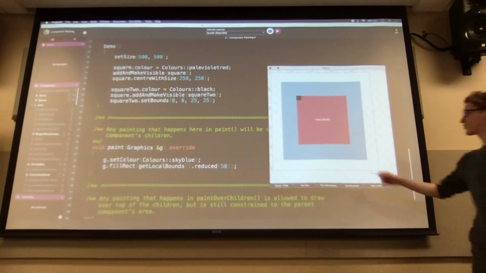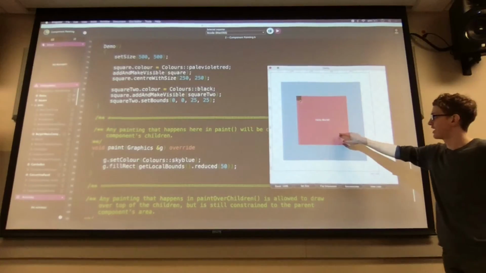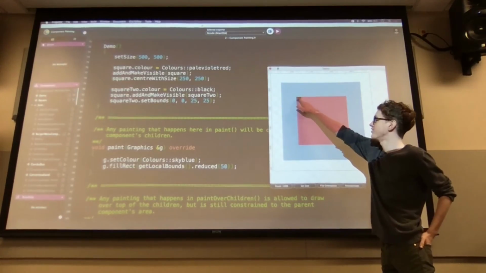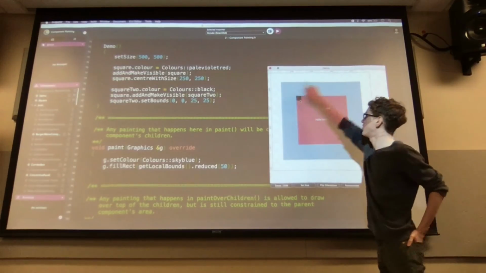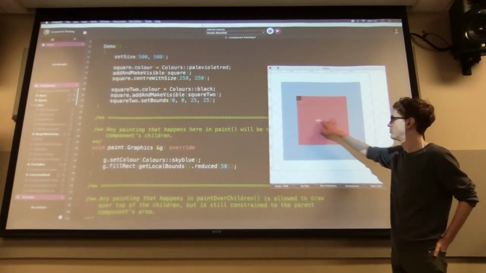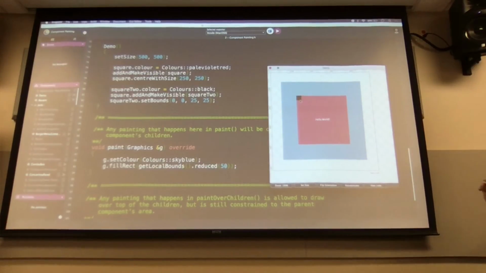So it basically steps from the main component, paints itself, we go to the first child, this paints itself in all red, go to the first child of that, this paints itself, and they don't have anything else to be drawn, so we step all the way back out to the main component, which has a paintOverChildren method, and we just draw the text over top. And that goes over top of all the layers, basically, that were in between that paint and paintOverChildren method. So the addAndMakeVisible is where we are adding it to be a child of,